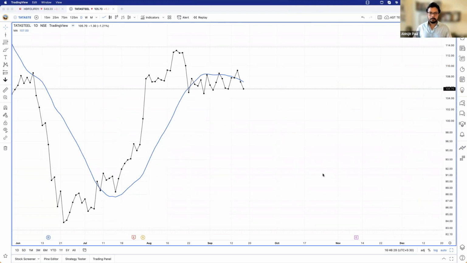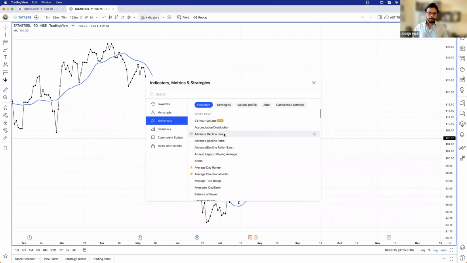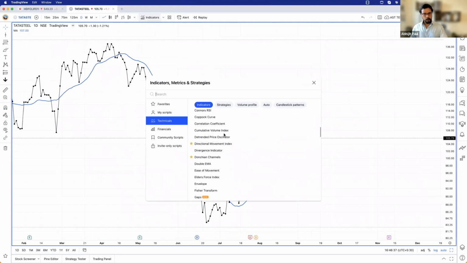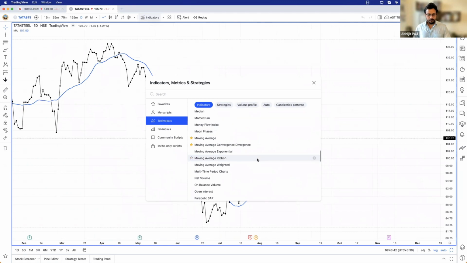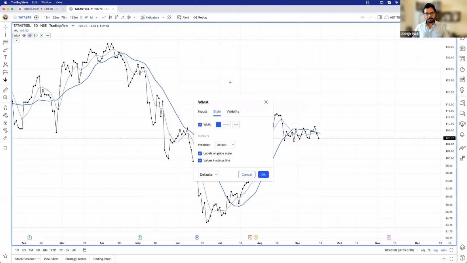So let's see, let's check. तो ये रहा 20 period simple moving average. Let's go to indicators. Let's go to technicals. Let's scroll down. And after scrolling down, we find moving average weighted. Let's click on the weighted. Moment you click on the weighted, आप उसके settings पे जाइए और same time period रखिए, 20 रखिए, कलर्स को